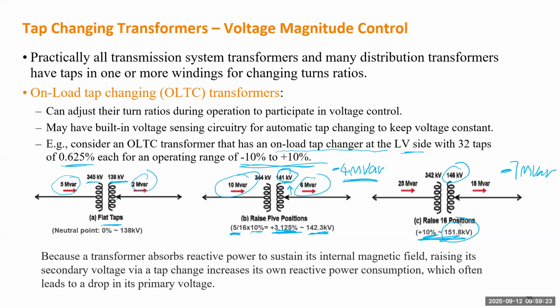So raising the secondary voltage through a tap change will increase its own reactive power consumption, which can cause some drop in the primary side voltage. Because if you check, the primary voltage will change from 345 to 344 and